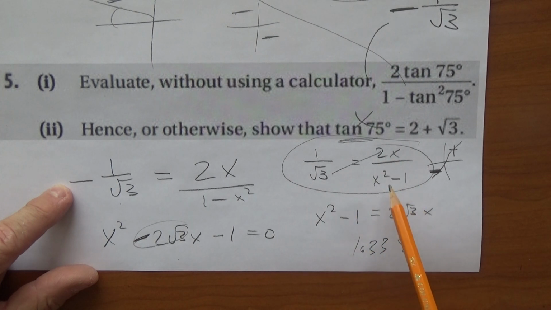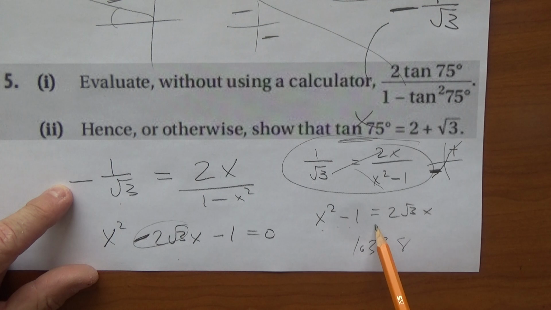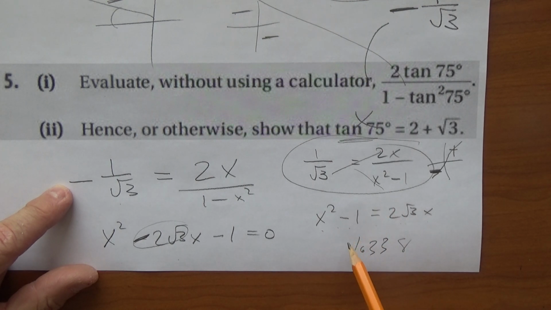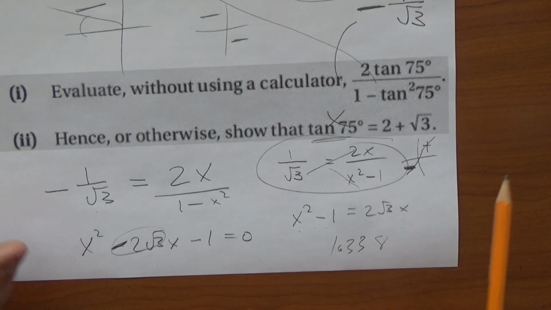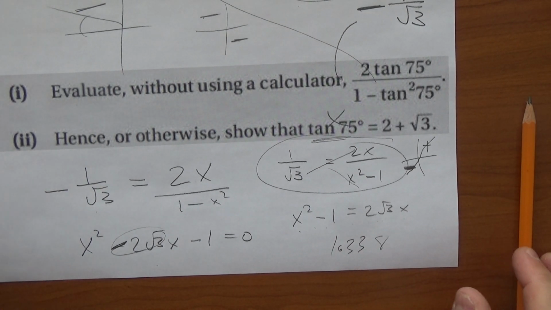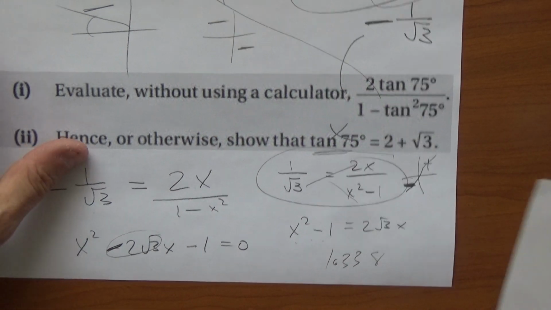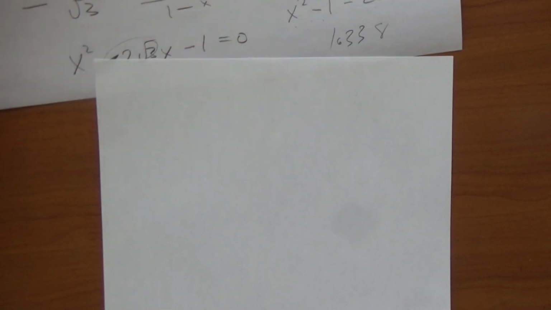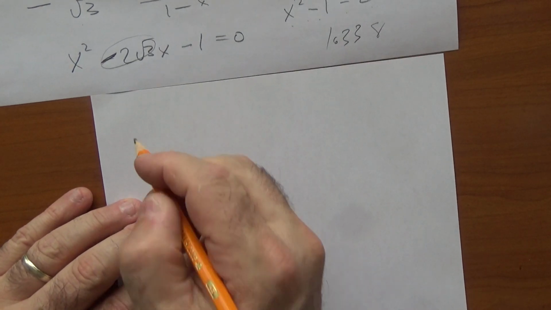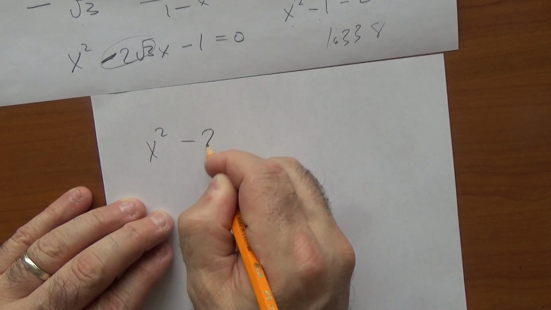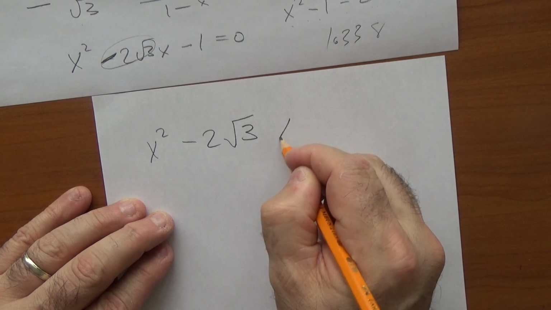I multiplied that up and I multiplied that up. It gives me x squared minus 1 equals 2 root 3x. And I brought that back. Whew, everything seems fine. And then I used the minus b formula and things went to pot. So I wouldn't be a big fan of the minus b formula. Using pure mathematics here, using the maths you should be doing, having done all that algebra we did before Christmas,